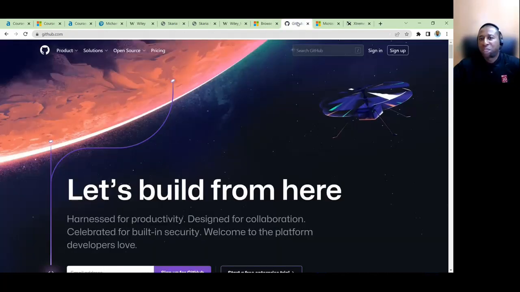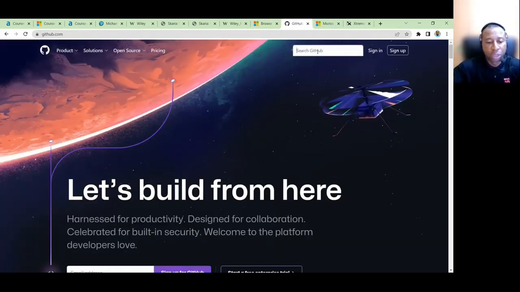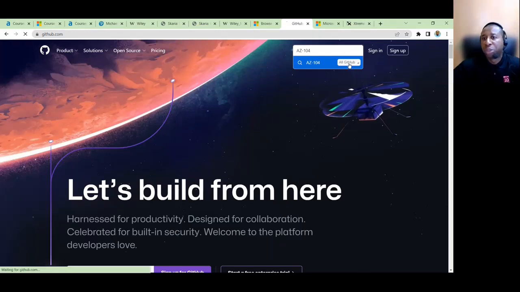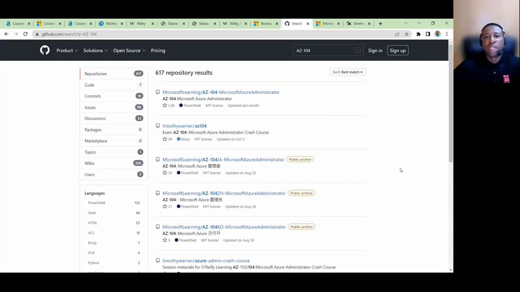Then we've already talked about GitHub. GitHub gives us lab instructions, so you do not need to be connected before you can get your information. I enter that course code and click on it. It will display various repositories, but the right one is Microsoft Learning. This is official from Microsoft Learning.